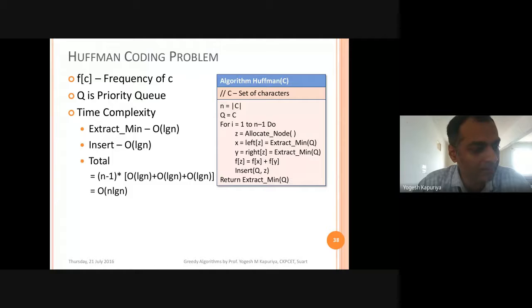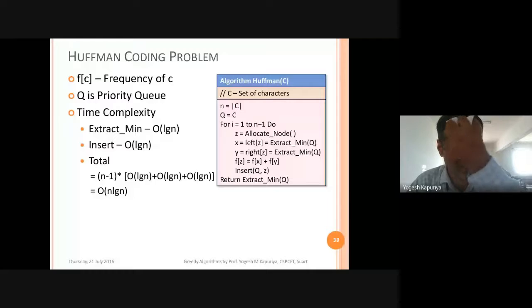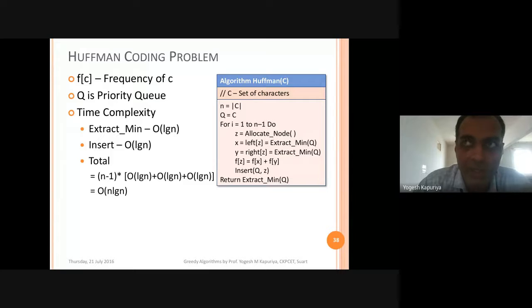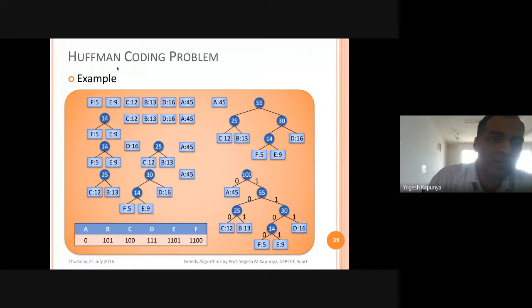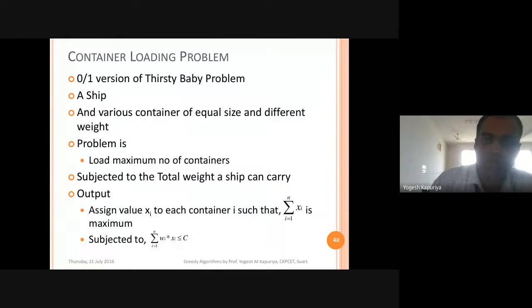I think if heap is being discussed in your class, then you must have an idea what we mean by priority queue, because heap sort is purely based on that approach. Fine, so now the queue is initialized. Now what is the step involved? The first step is that you will extract the two minimum elements from this queue. The first minimum will be extracted, the second minimum will be extracted, and a new element will be created that will be inserted inside the queue. This is the approach.